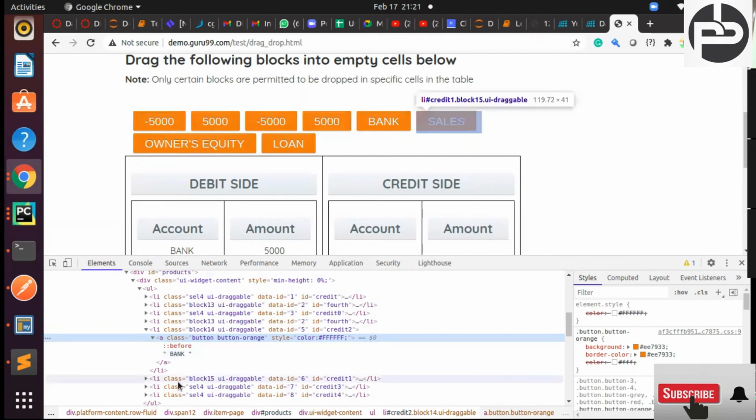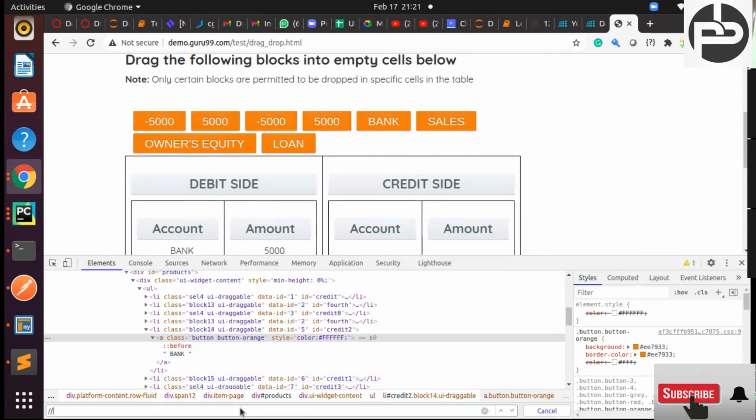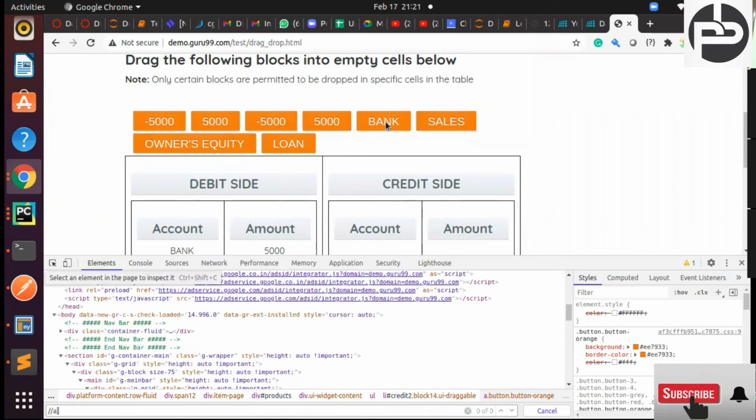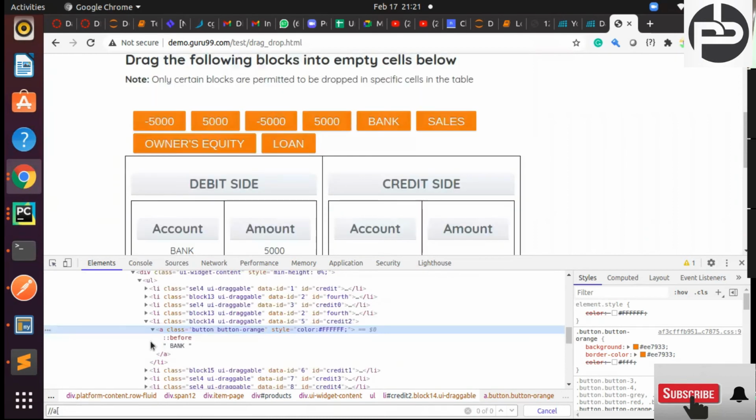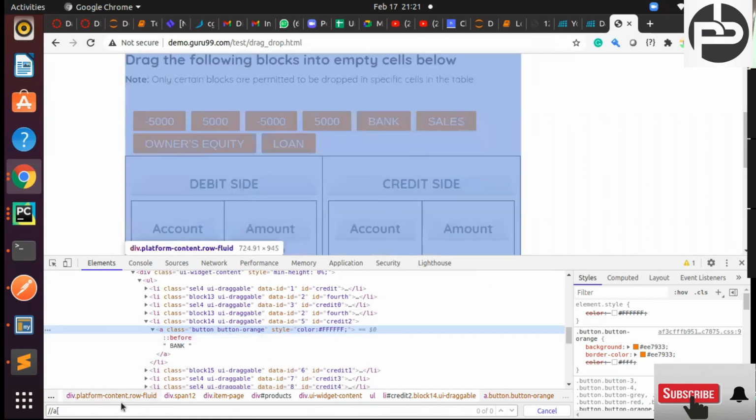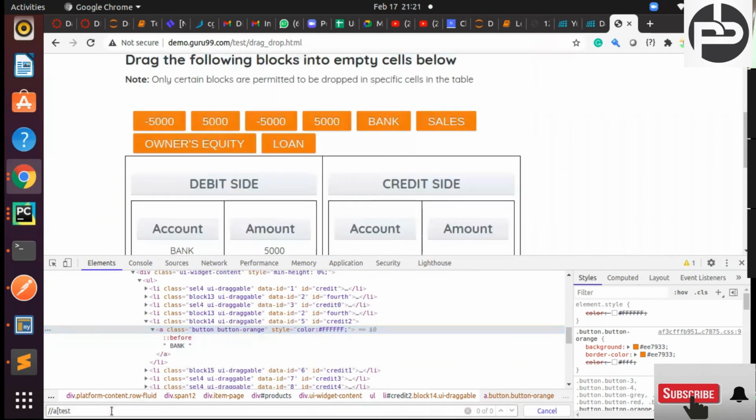Double forward slash a, inside that square bracket, text of, the value is button orange. Okay, text is equal to bank, we can write, right?